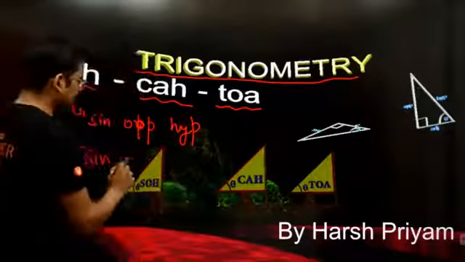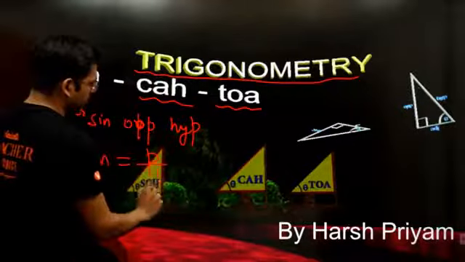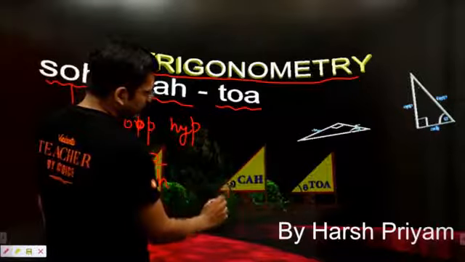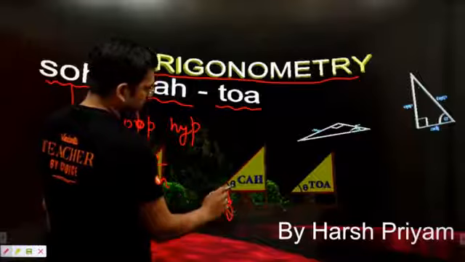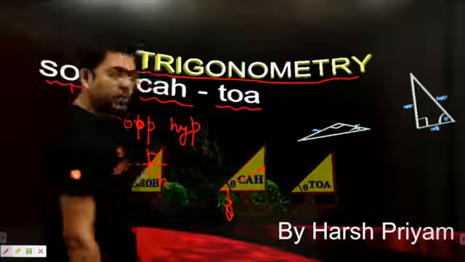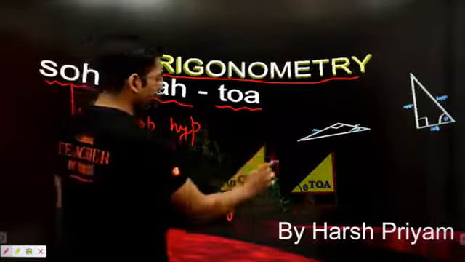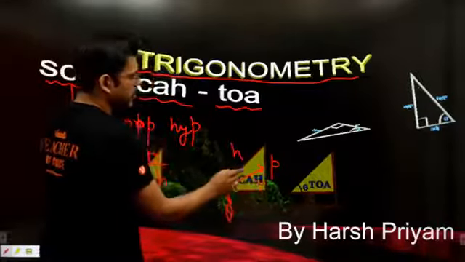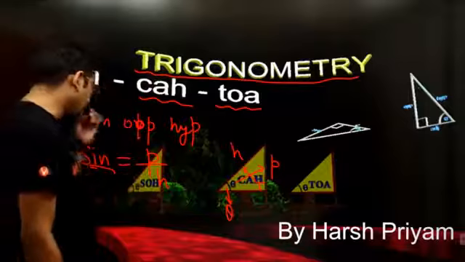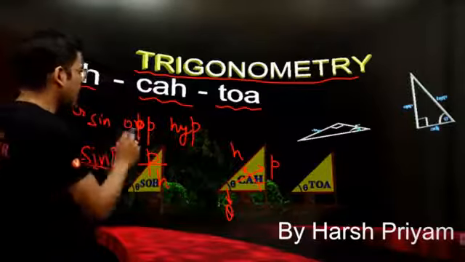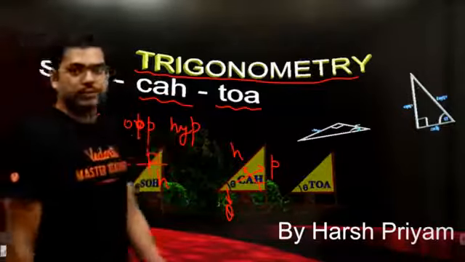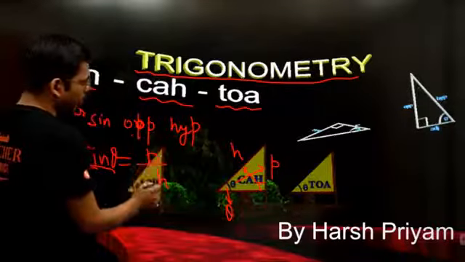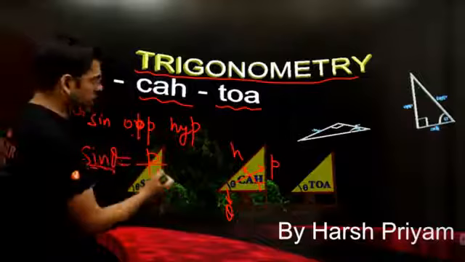See, sine is equal to perpendicular upon hypotenuse. And do we all know that if we are taking into consideration this angle theta, then this opposite side would be our perpendicular, and this is the hypotenuse. Hypotenuse is always a fixed side, opposite to the 90 degree. So, sine theta is opposite over hypotenuse. Opposite over means in the denominator.